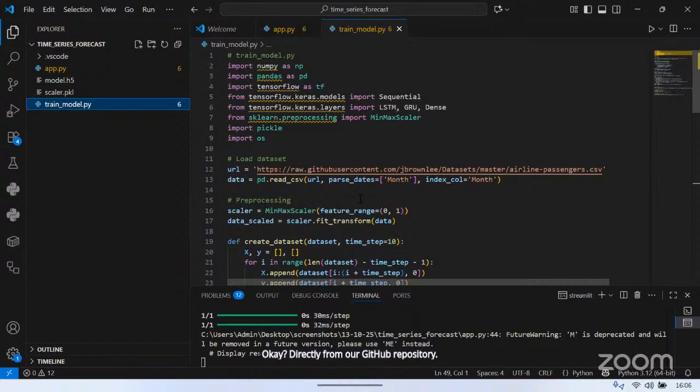What is there in this dataset: there will be a month column and a passenger column. The month column is useful for the date of observation. Generally, monthly data is here from 1949 to 1960, and passenger data shows how many passengers that month have